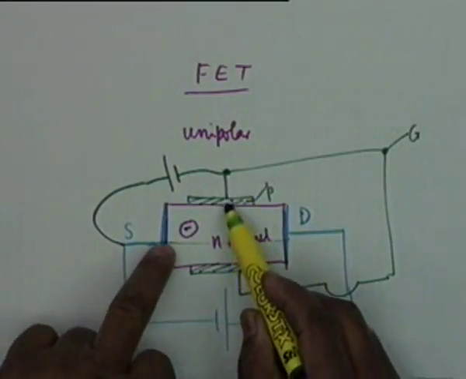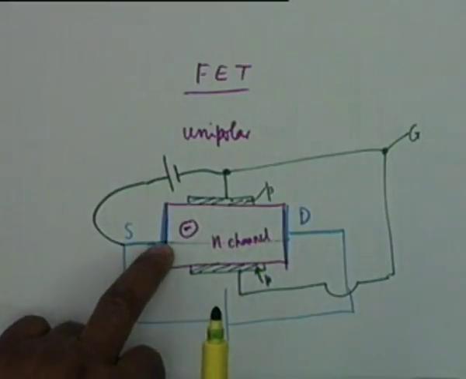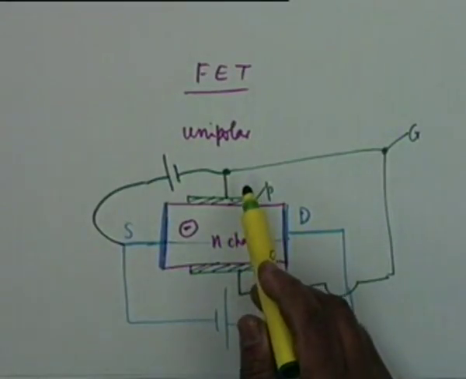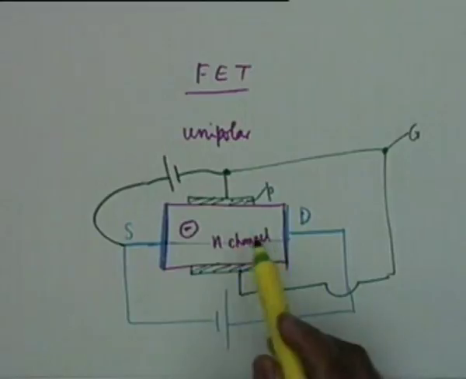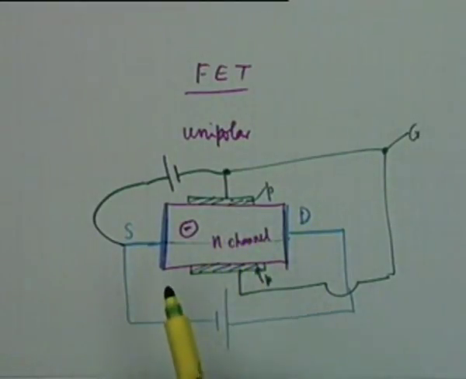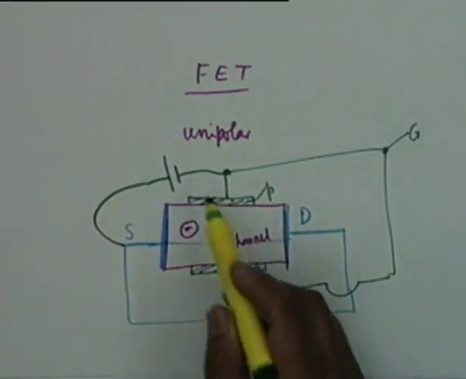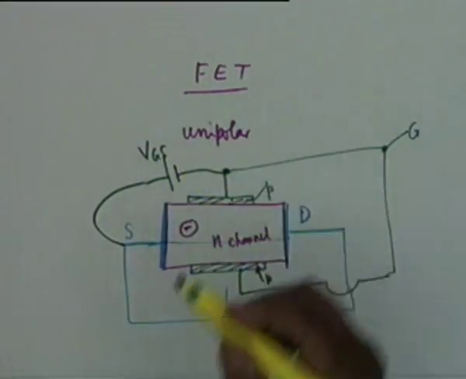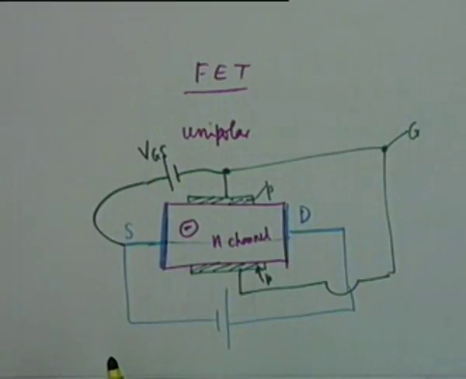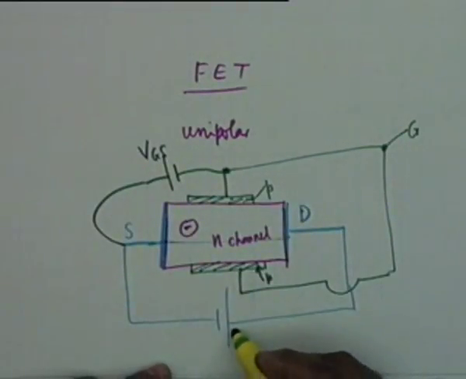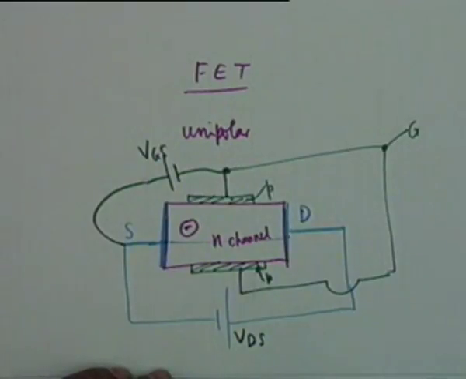This voltage is dropped from here to here, and therefore there will be a potential gradient, okay. In other words, what will happen is that there will be created a depletion region, because this is a PN junction reverse bias, so there is a depletion region. The depletion region width shall vary along the channel and will be controlled by this voltage VGS. Alright, this is the control. By appropriately controlling VGS, and by appropriately choosing VDS, one can get amplification in a field effect transistor.